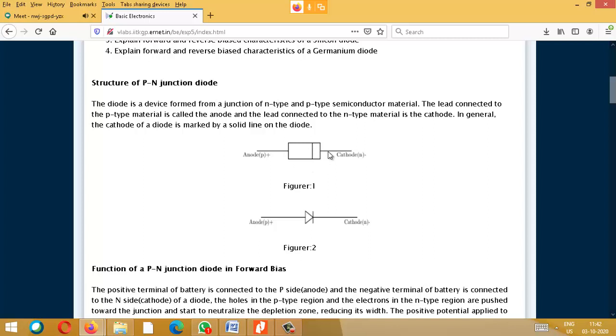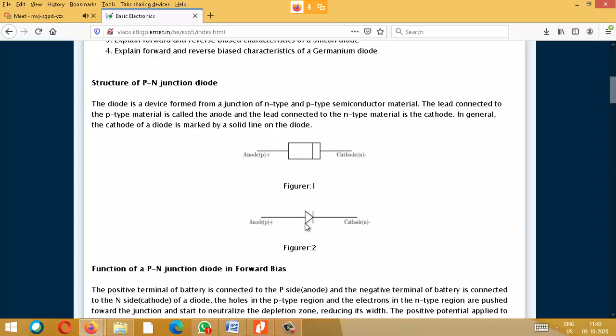Now bring this N and P close, so you form the anode and cathode. Now there will be a yellow, white or silver colored line on your diode indicating the cathode. Why they have put an arrow like this is, in a diode, electron is allowed to flow only in one direction and the reverse direction is not allowed. From this side electron can flow and reach this cathode, and reverse is not possible. Reverse means when electron comes from this side it cannot go, because a gate is put there. So this is like a gate, and this is how they draw the symbol.